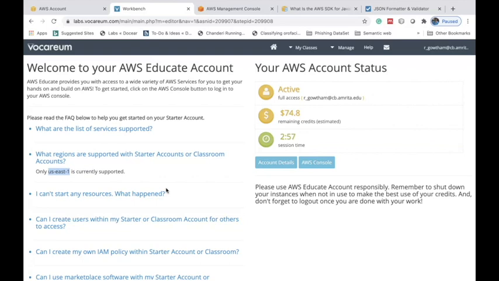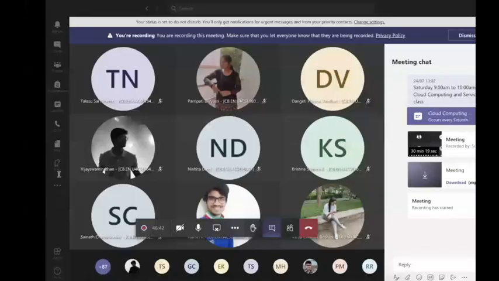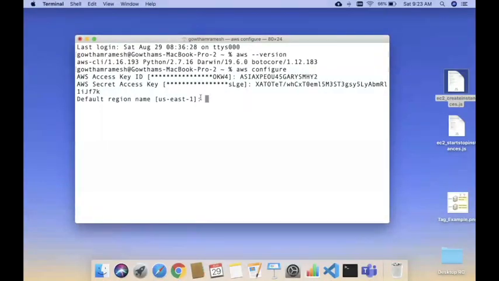AWS supports many different regions and zones, but with an Educate account, we are allowed to use only US East 1. You are supposed to specify this region in the CLI. By default, US East 1 is already there, so you need not re-enter it. You simply press enter, and it will take the default value US East 1.